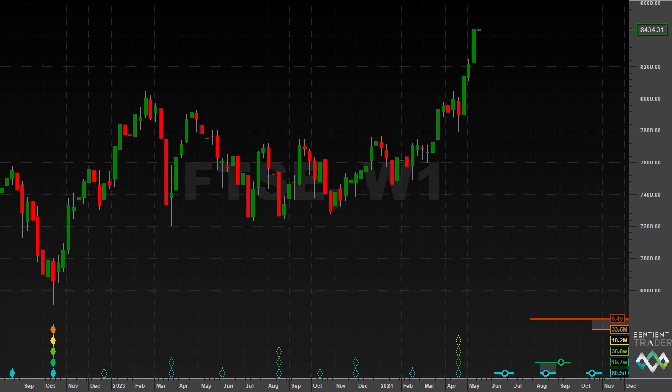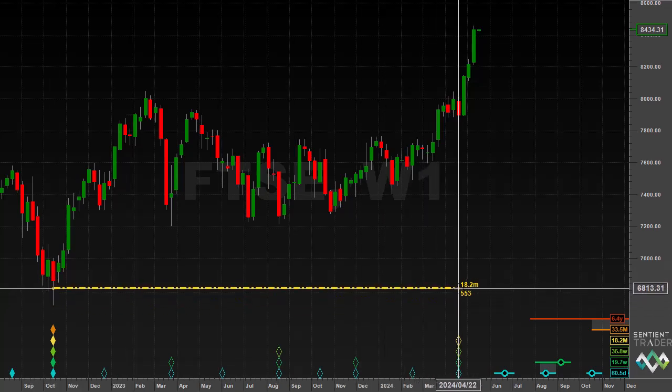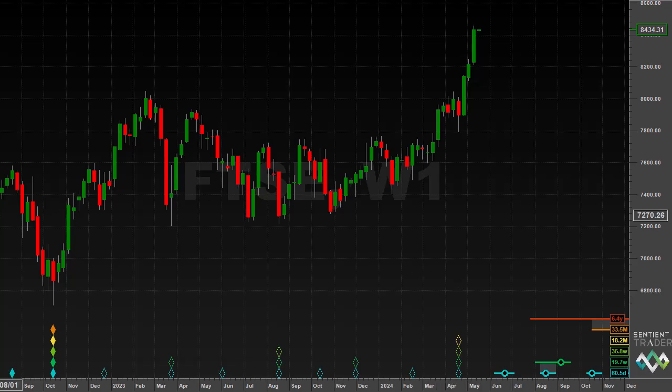This is a weekly chart of the FTSE, and the reason I find it so interesting is that in the FTSE, you can see, we have in fact positioned an 18-month cycle trough over here in the third week of April. Now, the principle of commonality tells us that markets move with a great deal in common. When an 18-month cycle trough forms in one stock market, it doesn't mean that an 18-month cycle trough is definitely forming in every other stock market. There will be some variation in terms of the magnitude of those cycle troughs. But I find this a particularly interesting analysis because this analysis really works in the FTSE.